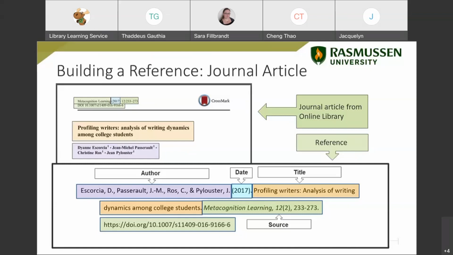But here's what the title in this case is: the title of the article. So profiling writers, analysis of writing dynamics among college students is the title of the article. Again, we use that sentence capitalization. But the source material segment gets a little bit more complicated with a journal article. So the beginning of the source information is the title of the journal itself, which in this case is Metacognition